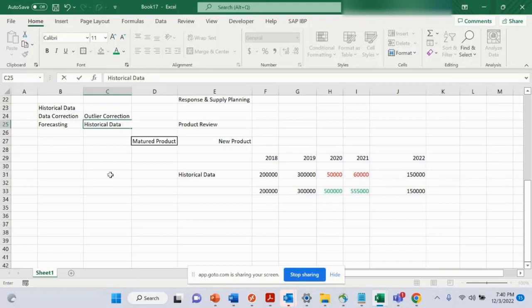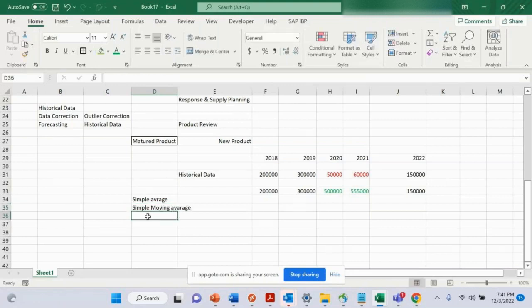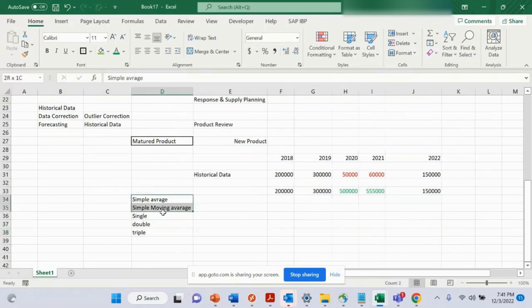Historical data structure. Okay. So in the forecasting step, we have many forecast models in IBP. Like in S&OP, we have only 5 forecasts. One is simple average, then simple moving average. Then we have 3 exponentials: single, double, and triple. Okay. So all these forecast models come with